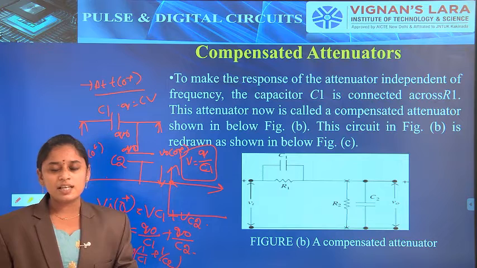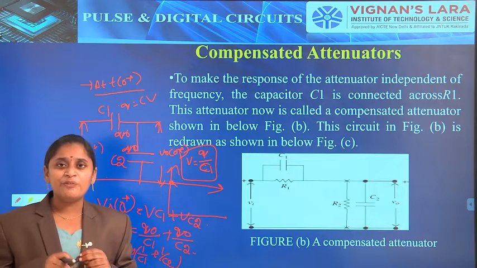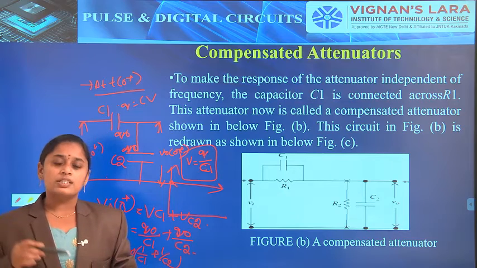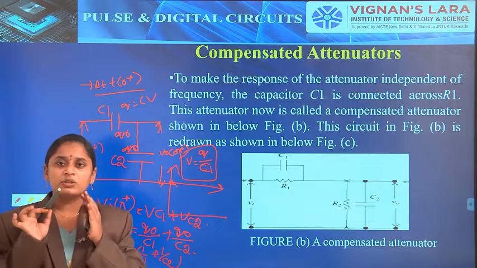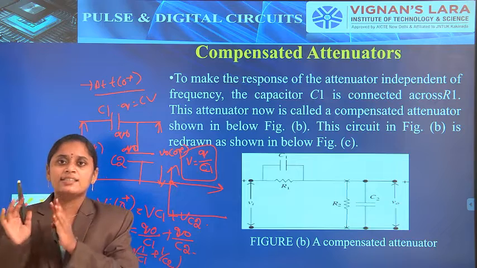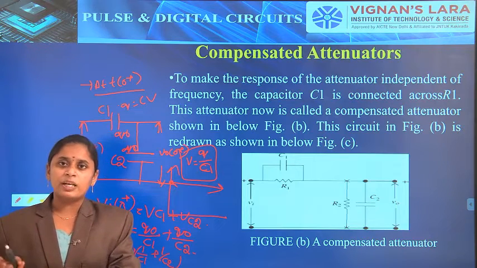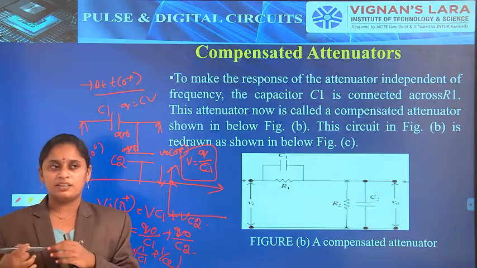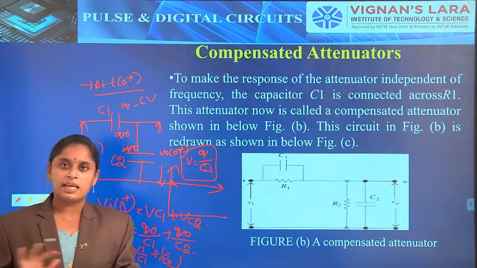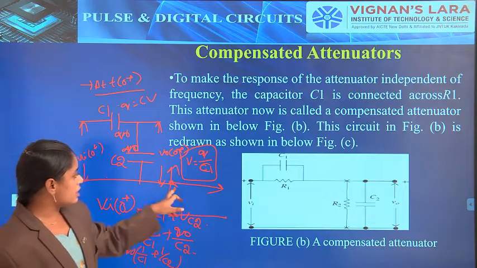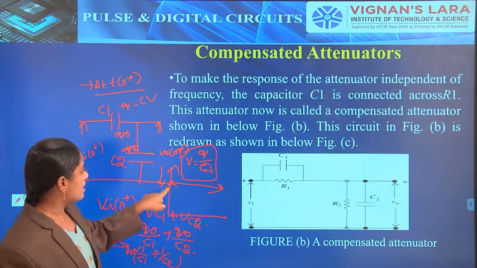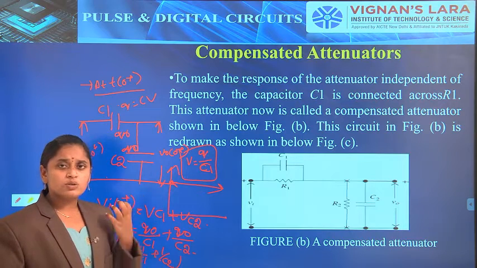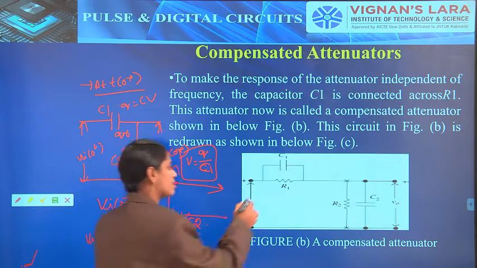In a compensated circuit, the input consisting of different frequency ranges is attenuated by the same amount at every frequency, so the output will be the same at every frequency. For this condition we apply at t is equal to 0 plus, V volts to the circuit. Then the capacitor is short circuited. Why?